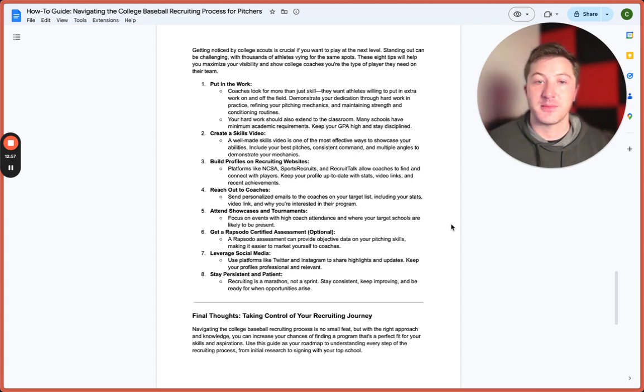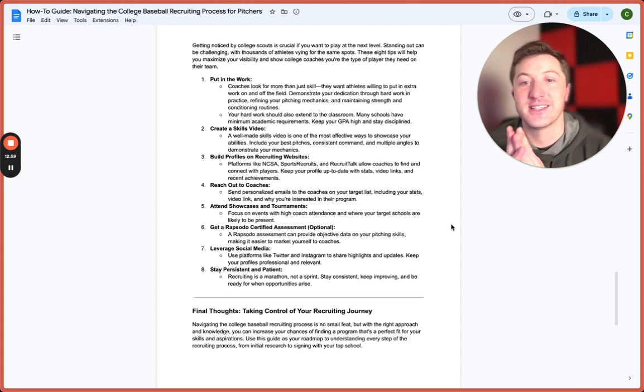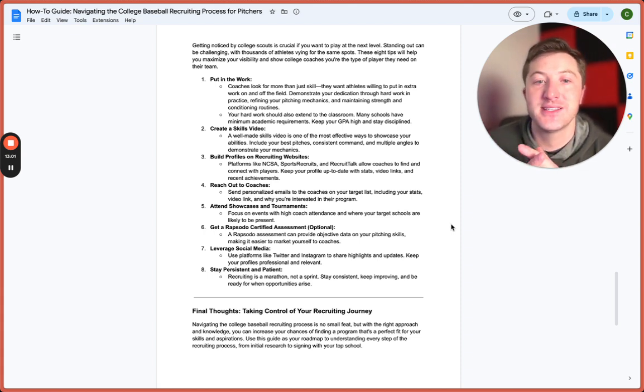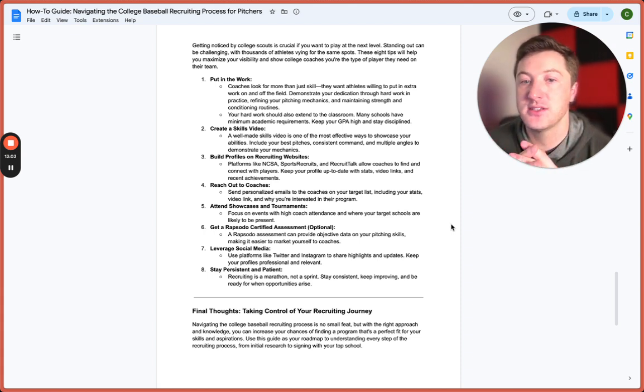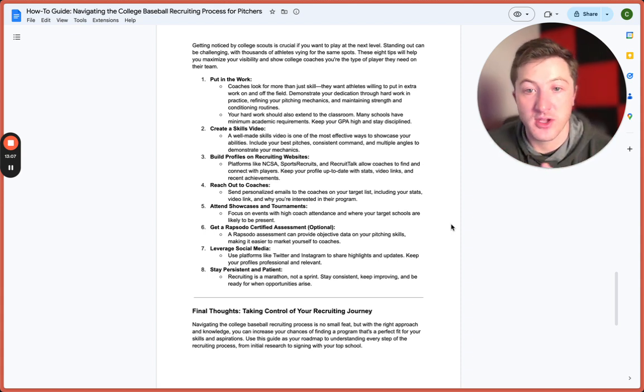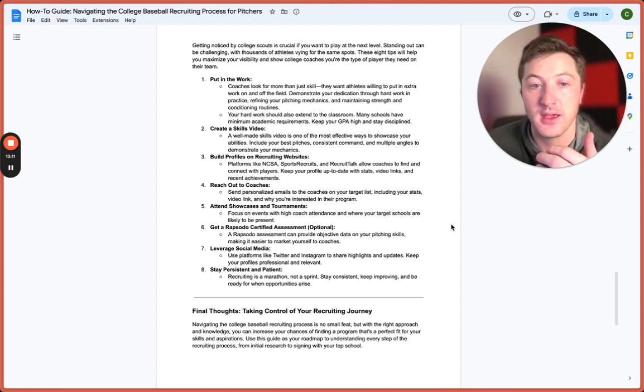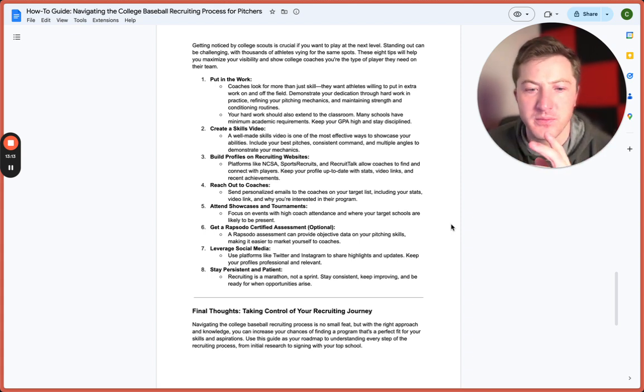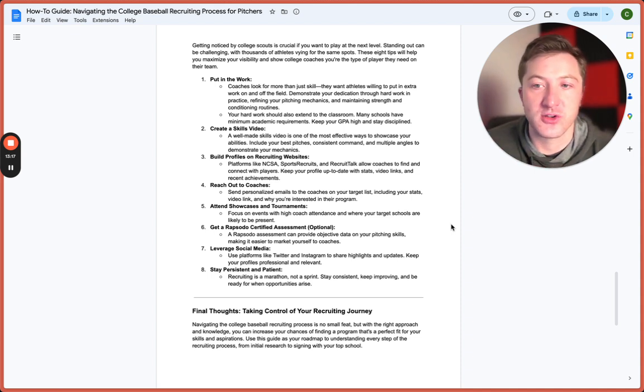on the academic side. Next, you want to create a skills video. A well-made skills video is one of the most effective ways to showcase your abilities, including your best pitches, showing off how well you can command the ball, and giving angles to demonstrate your mechanics and your pitch types. That's something we'll talk about in another video, actually, that I will post up here as soon as I make